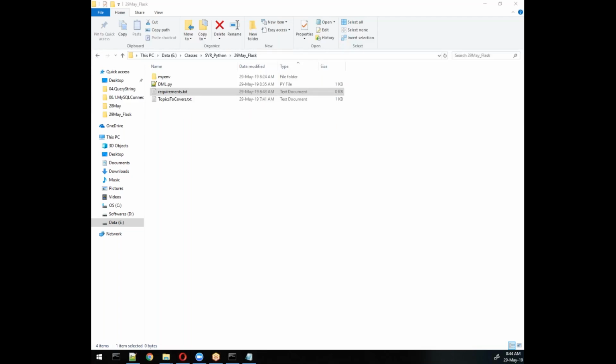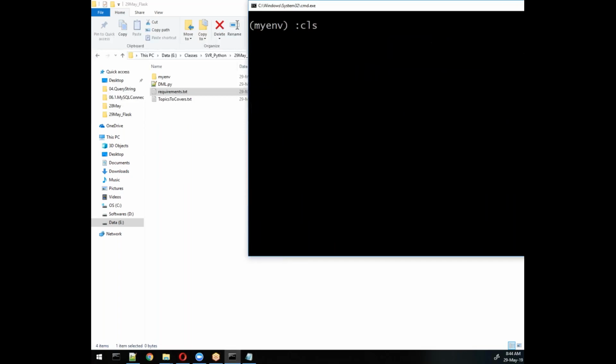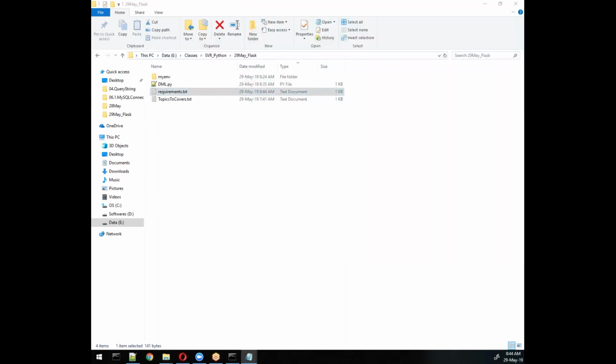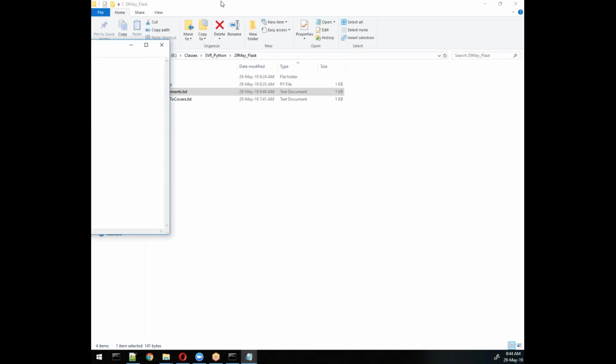Let me try once again. requirements.txt, right? So it will automatically create requirements.txt, and in that, see here, the whole list of packages whatever we installed, it will come under one file.